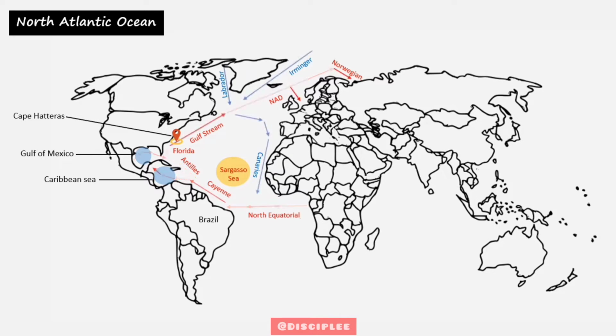Apart from the clockwise circulation of currents, there are also currents that enter the North Atlantic from the Arctic regions. These cold waters are blown south by outflowing polar winds. The Irminger current or East Greenland current flows between Iceland and Greenland and cools the North Atlantic drift at the